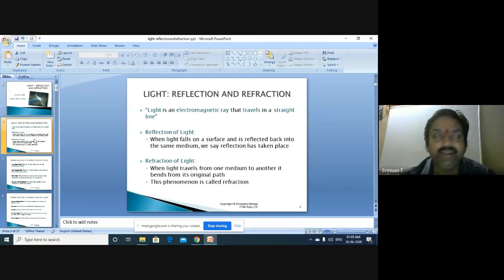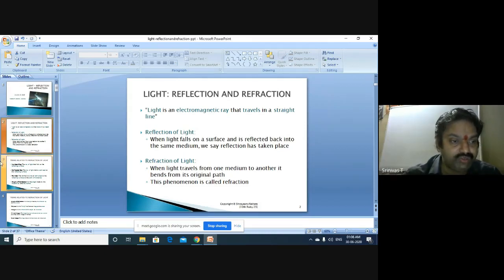Now coming to refraction, it is another phenomenon where the light bends whenever it passes from one medium to another medium, exactly at the surface of separation, it bends. So bending of the light ray at the surface of separation is said to be the refraction property. So when a light ray travels from one medium to another, it bends from its original path. It can happen in two ways, which we study: when it is traveling from lighter medium to denser medium, what is the case, and from denser to rarer, what is the case. That's all we are going to see now.